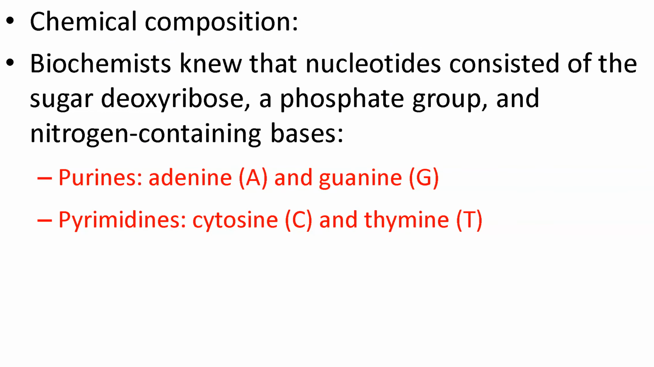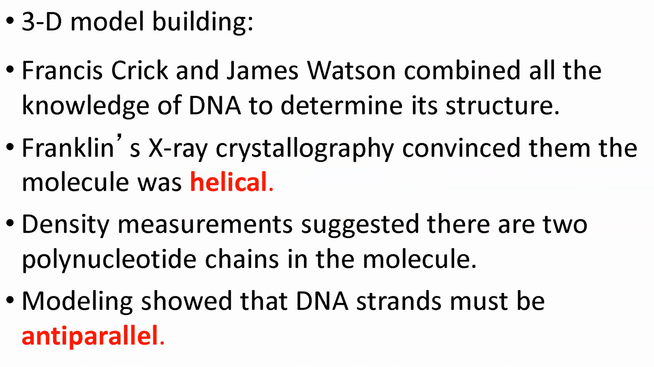And so chemists knew that nucleotides consist of a sugar deoxyribose, a phosphate group, and nitrogen-containing bases, purines, adenine and guanine, and pyrimidines, cytosine and thymine. And so using all this information, building upon years and years of research, also debatably taking research unethically, to be honest, because Wilkins showed photograph 51 to Watson and Crick without telling Rosalind Franklin. So not necessarily Crick's and Watson's fault, but nonetheless,